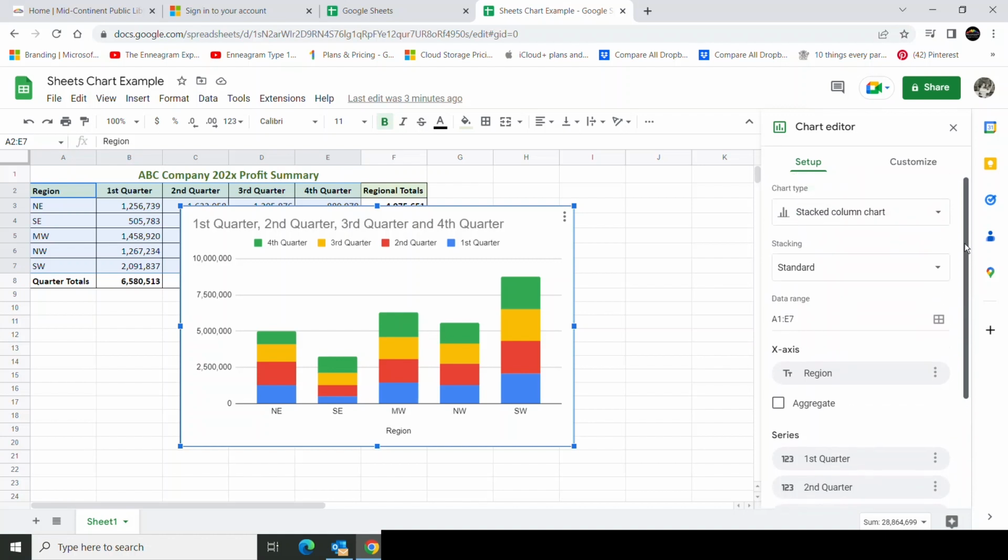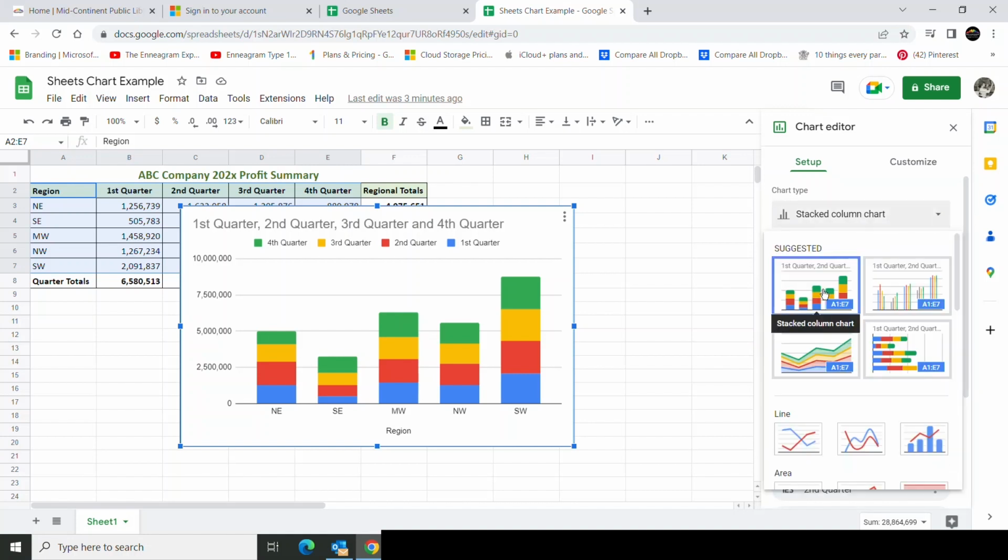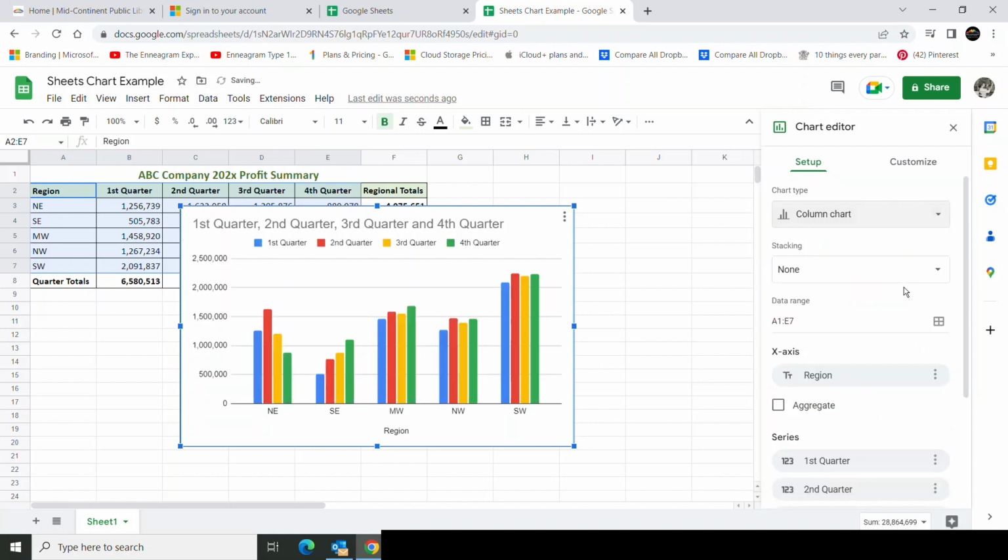Well, let's go back up to the top, because the stacked column chart, maybe we want some other kind of chart. So let's just look at the possibilities. We'll click on the drop down here. And that is what is suggested first, the stacked column. But to the right of that, we have a column chart. Let's click on that. And so now we have individual columns that show how the different quarters played out for